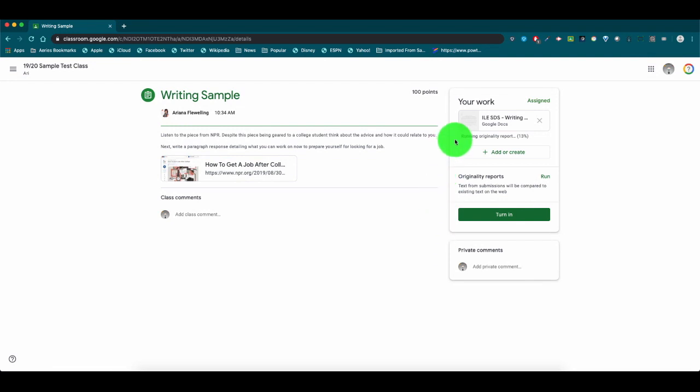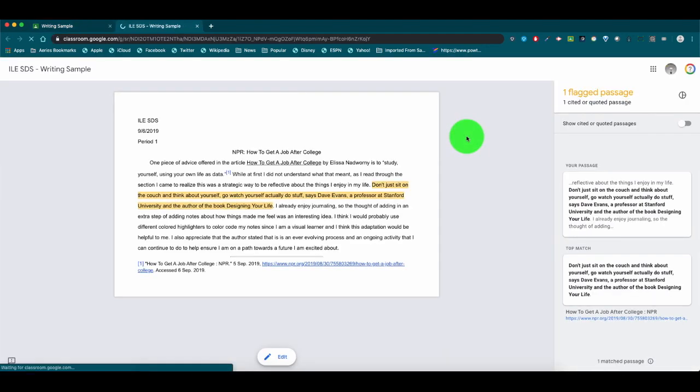As you can see, the process is recorded here. The Originality Report is ready to view, so click the link. It will open the Originality Report in a new tab, and as you can see, it's condensed the document. In this case, it noticed an entire sentence was plagiarized from a source, and it even matched it to the